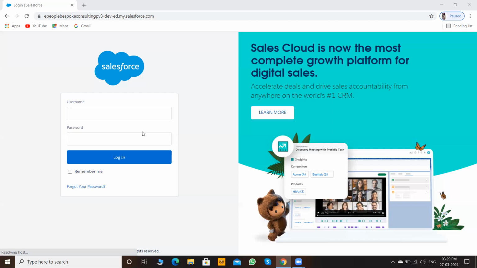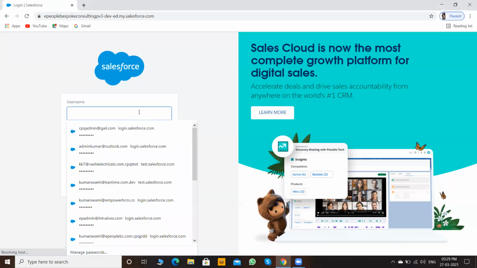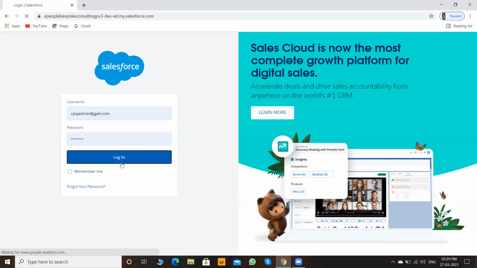I will show you how it needs to be configured in our Salesforce org. I will show everything in this video. First, I will log in to my Salesforce CPQ org.